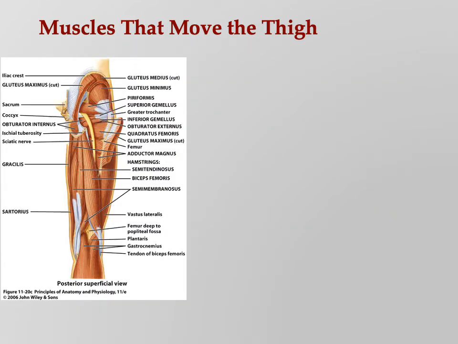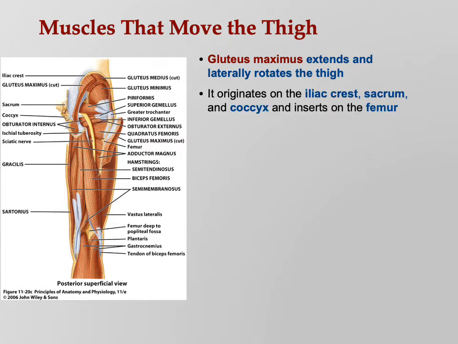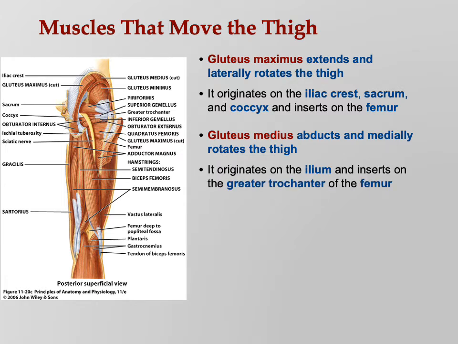All right, muscles that move the thighs. So we're talking about muscles that move your whole upper leg. So gluteus maximus extends and laterally rotates the thigh. Don't have to know origin and insertion. Gluteus medius underneath it, and then gluteus minimus underneath that. So you got your big butt muscle, you got your medium butt muscle, and you got your little tiny butt muscle. So what do they do? They extend the leg. So that's like kicking backwards. So if you want to kick behind you, kind of like the way a horse kicks behind it,